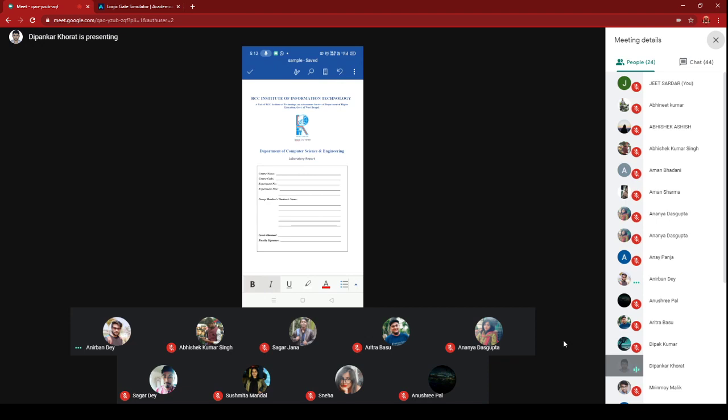Then experiment title, the experiment name will be here. Then name of the student. In actual laboratory, we always do this in groups. But in today's situation, it is not like that. So we have to just mention the student name, only the name of the student, not the group members. Okay, and then the other thing will be done by the faculty members. Clear?